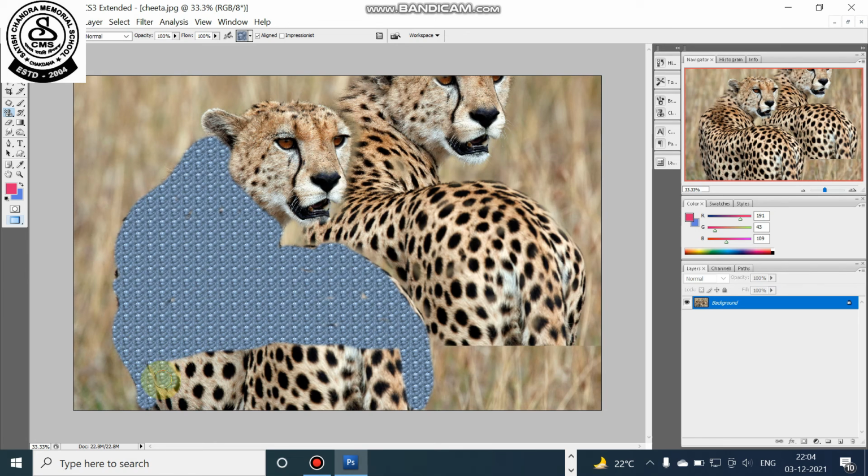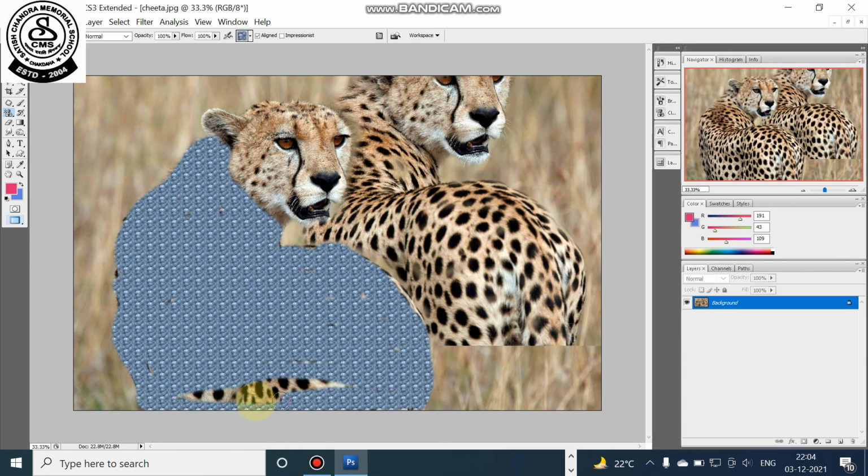Remember, this is also cloning, but it is the cloning of the pattern, my dear student. So like this, you can clone either a pattern or a part of the picture within the same image. To repeat, right click on the clone stamp tool and you will have two options, clone stamp tool and pattern stamp tool.